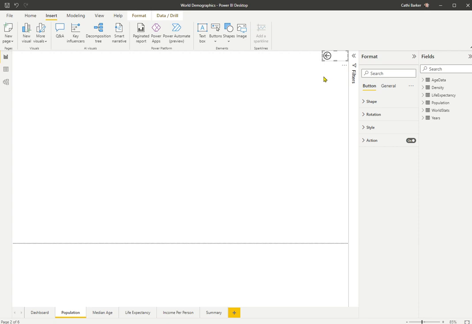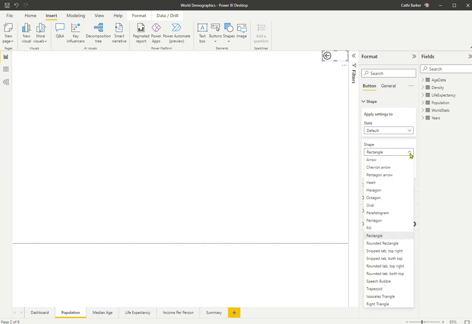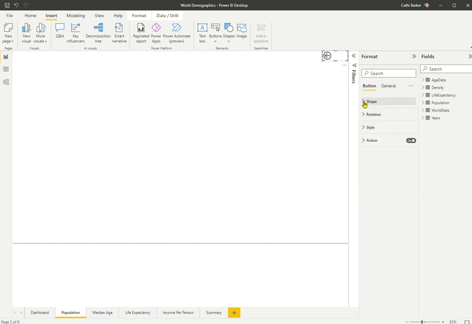And I'm also going to go into the Format pane, and I want to actually format this button, and so I'm going to change the appearance of the button. So what we've got is when I click the button, I click on the format, I've got some button formatting options and some general options. If I go for button, I can do things like shapes, and I can make it rectangle, or I can make it a different sort of a shape. But I actually want to go into